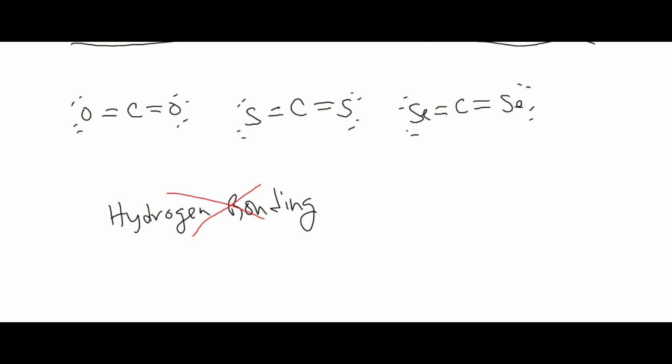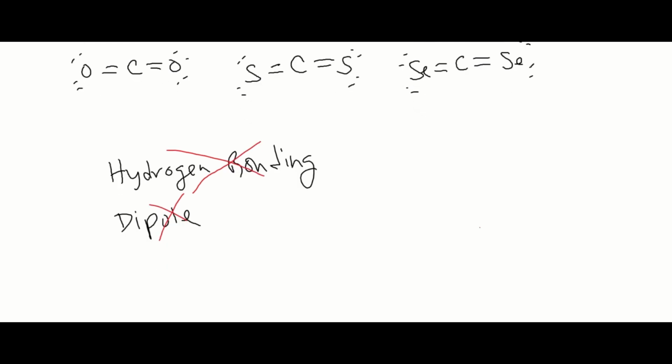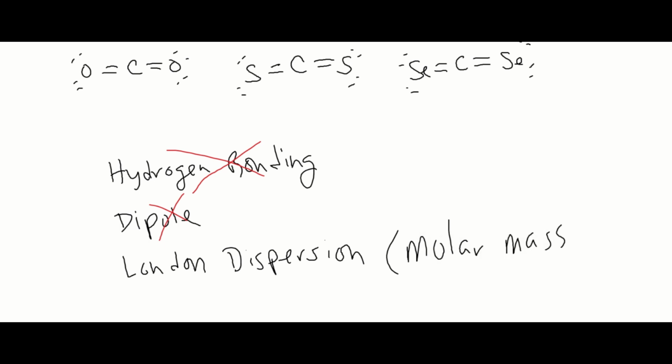The next thing you look at is if there's any dipole forces. And again, all three of these are nonpolar, so there's no net dipole in any of these substances. So the final thing you consider, which all molecules have, are London dispersion forces. And in this case, it's just dependent on the size of the molecule or the molar mass. Now, sometimes you have to consider surface area and other factors, but in this case, because the structures are very similar,